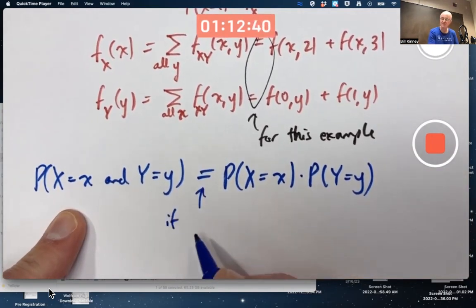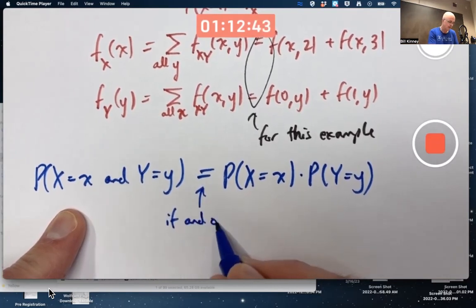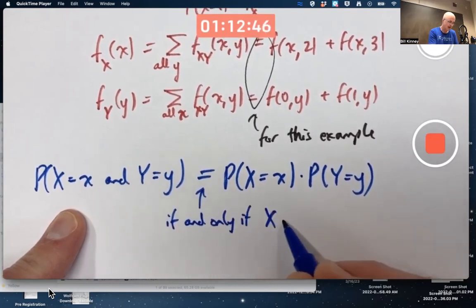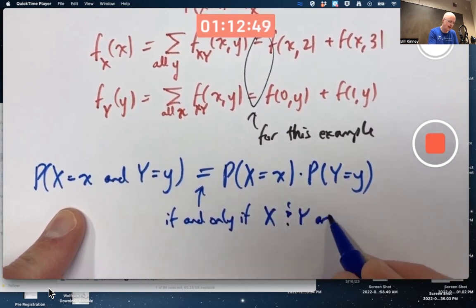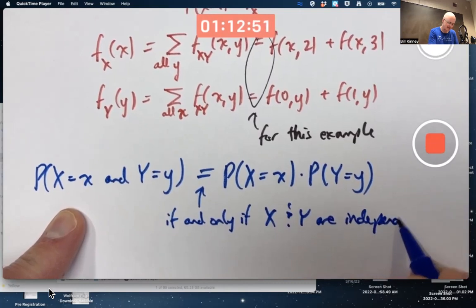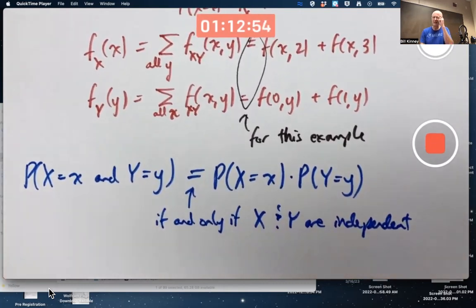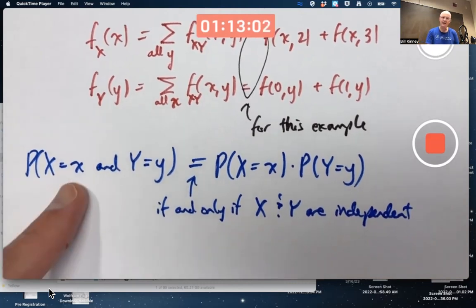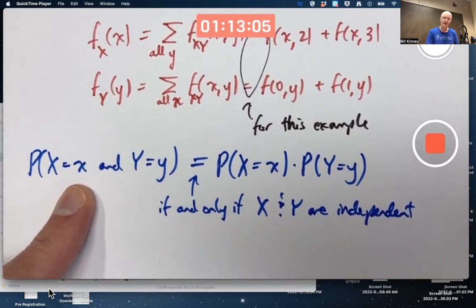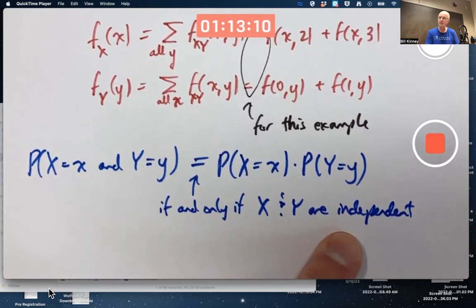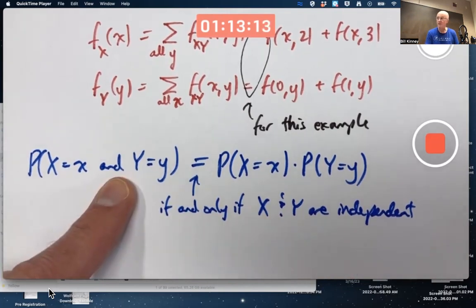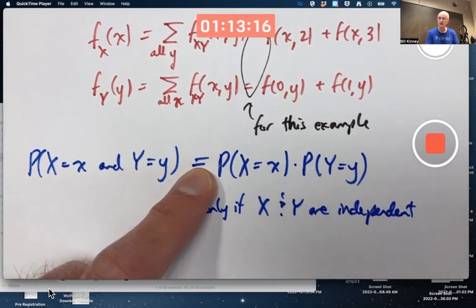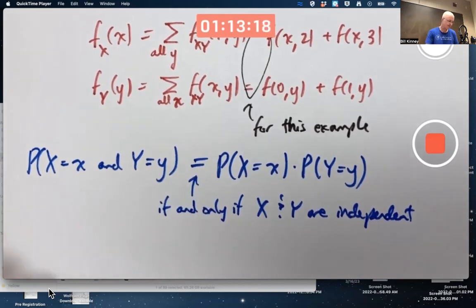This is really a definition, if and only if X and Y are independent. But wait a minute. We've talked about independent events. We haven't really talked about independent random variables. Well, that's what I'm talking about right now. This is essentially a definition in this context of a discrete random variable. Again, X and Y are still discrete here. In the context of a discrete random variable, we're saying X and Y are independent as random variables if this equality is true. In terms of their probability mass function,